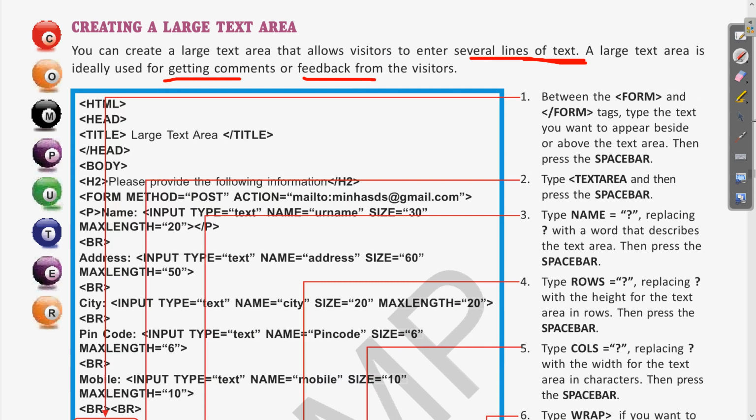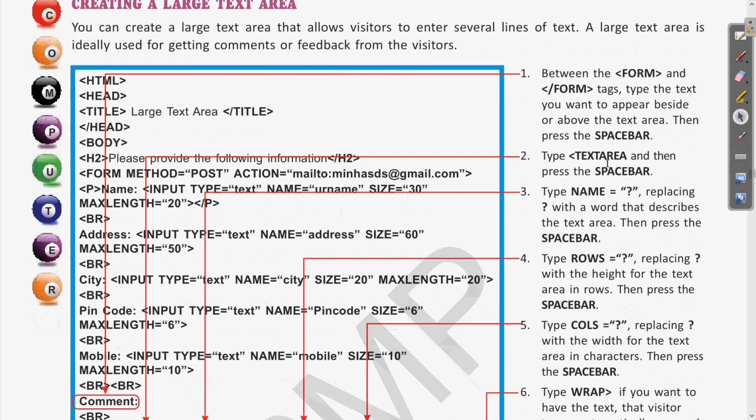This was the same code which we used in the earlier program. You can see that the earlier tags are the same. The title we are changing. Title here is large text area. Then in the heading, it is written, please provide the following information.